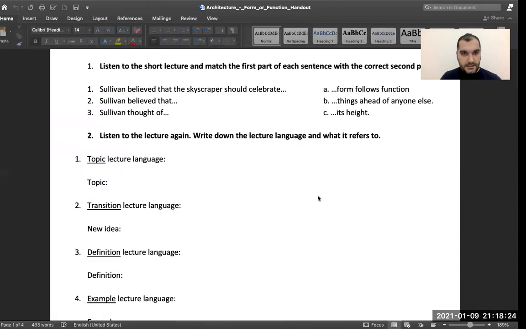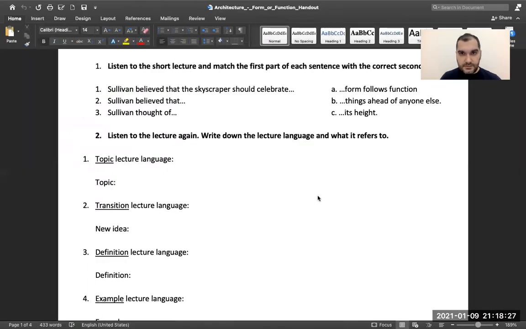Okay, let's get back to the handout. So Sullivan believed that the skyscraper should celebrate, show off its height, and should be